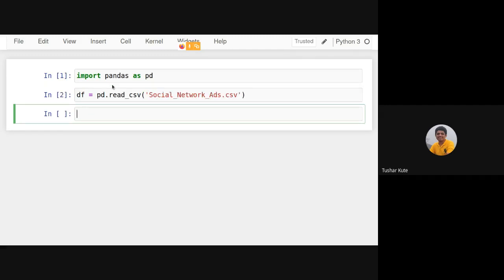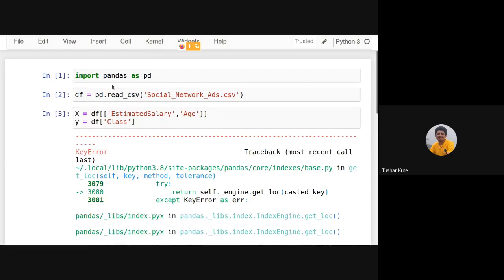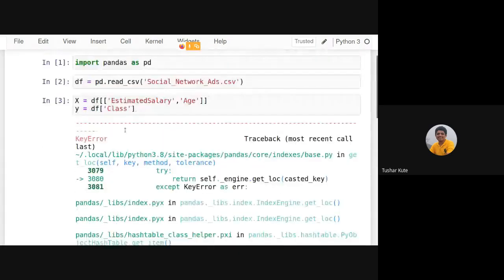See, social networking ads, and in that I'm having two variables as input: estimated salary and age, and y contains the class purchased.